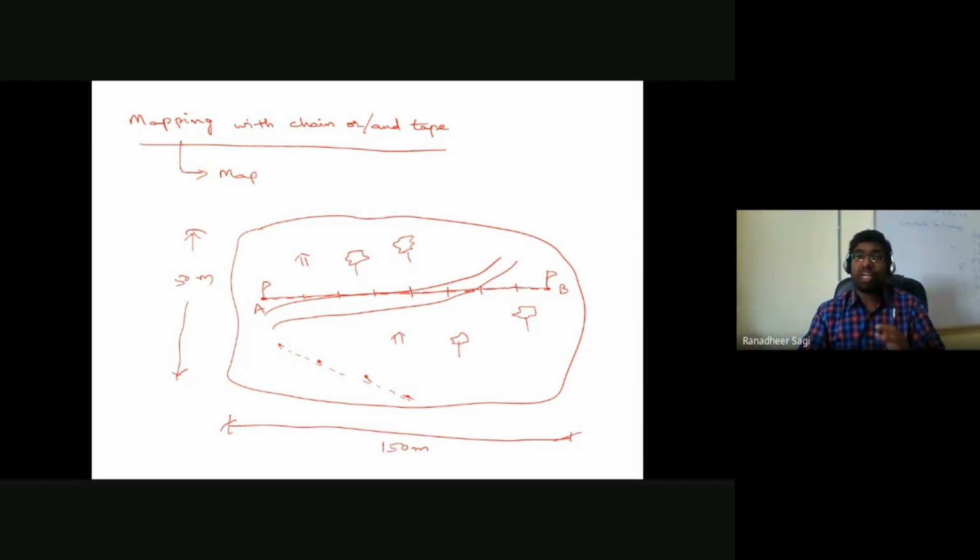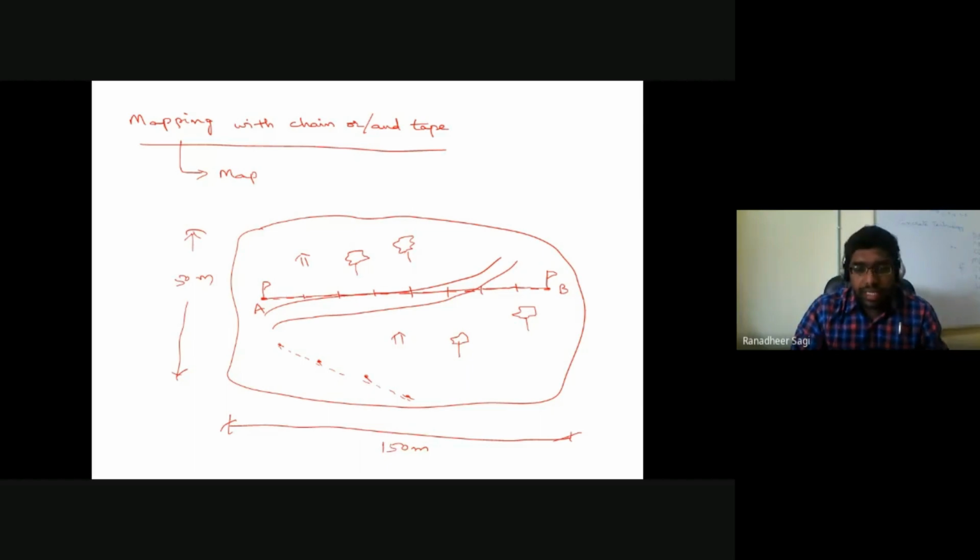So if I am required to place my chain in multiple stretches to reach from point A to point B for measuring the distance, then I have to carry out what is called a proper ranging, so that the distance I am trying to measure from point A to point B is going to be the distance along the straight path. Okay, so you have to carry out a proper ranging in order to fix your straight direction between point A and point B. Earlier we have already talked about this proper ranging and so on.